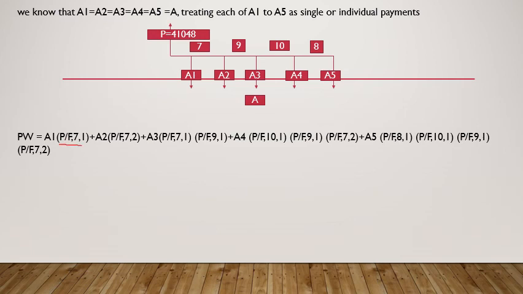So here I have considered it as F because it is a single payment now. It is not A. For the time being, I have assumed it to be a single payment. If it is single payment, it can't be A. So what it has to be? It has to be F. So I have assumed it to be F and converted this F into P using the factor P by F comma 7 for 1 year. So A1's conversion is done.